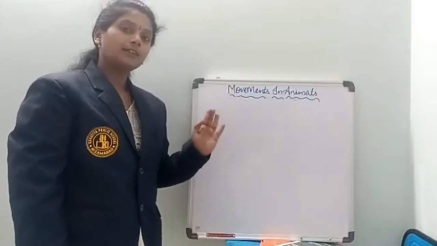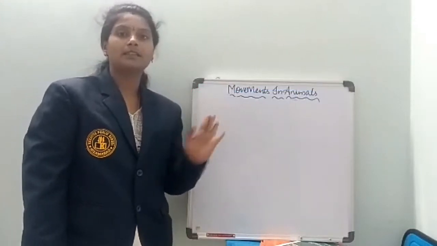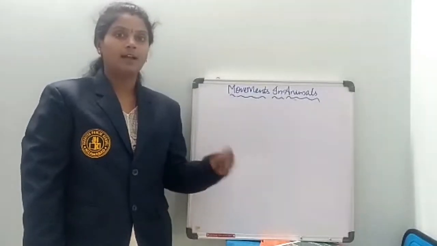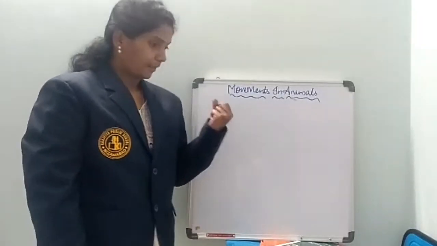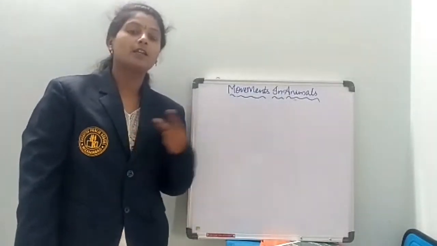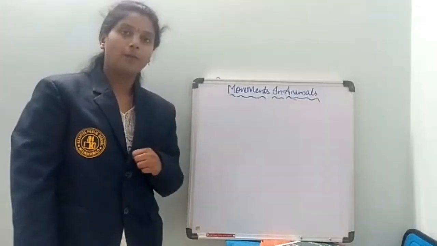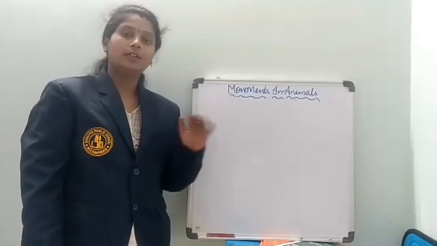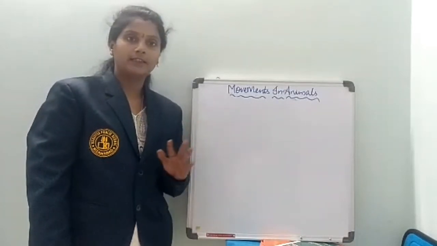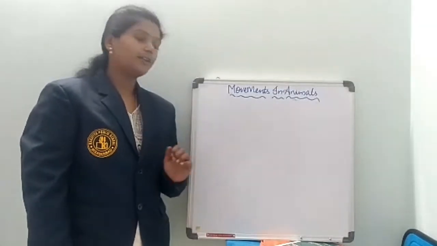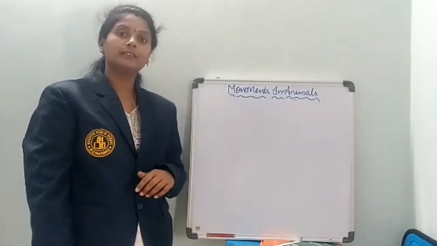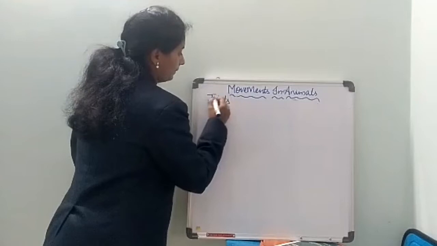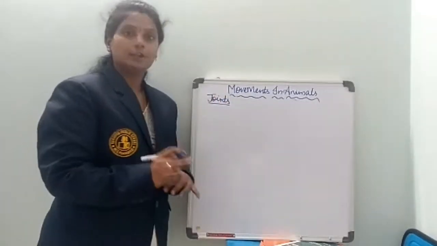So, in the last class, we discussed the muscles and the bones, different types of bones, and how movements happen, like the pelvic girdle, clavicle, jawbone, backbone, and cartilage. These types of bones we have seen in our last class. But today in our class, we are going to discuss the joints.